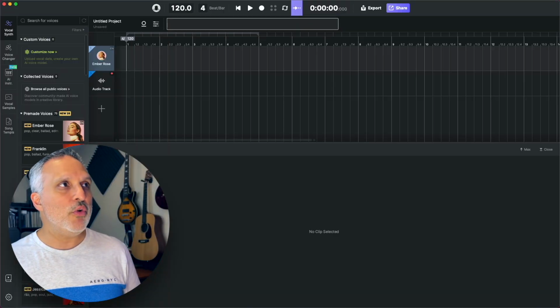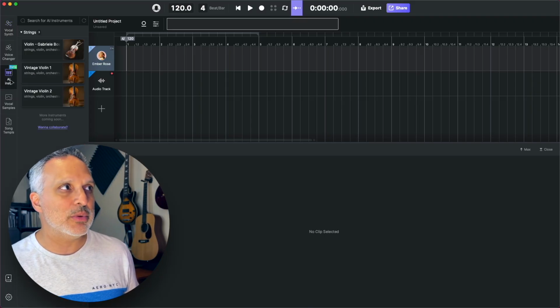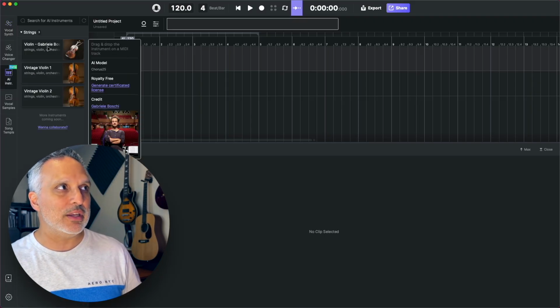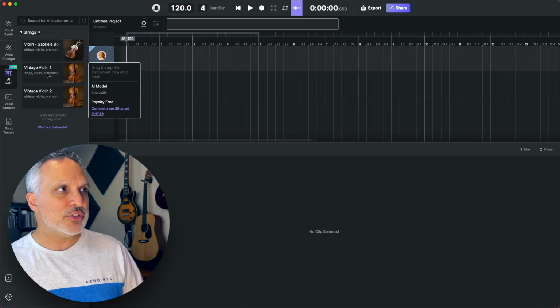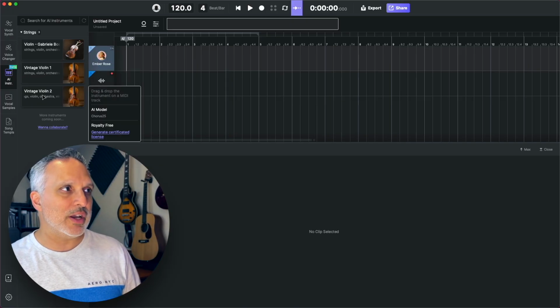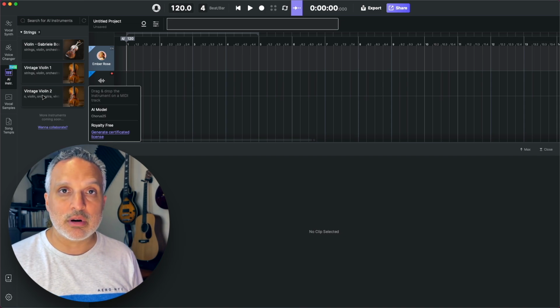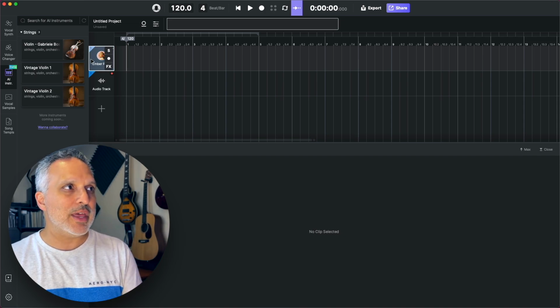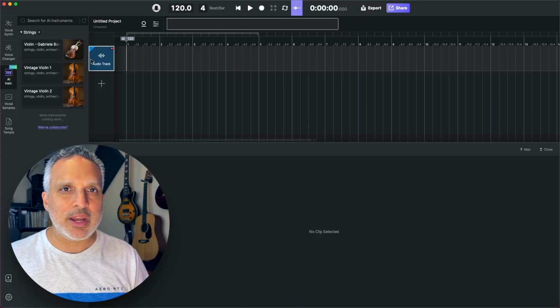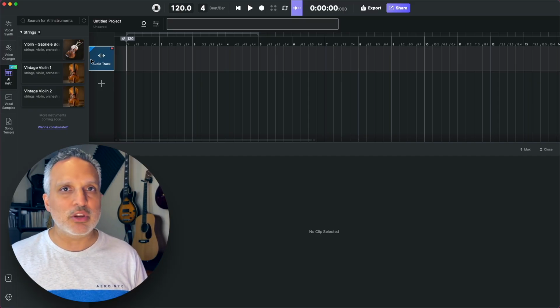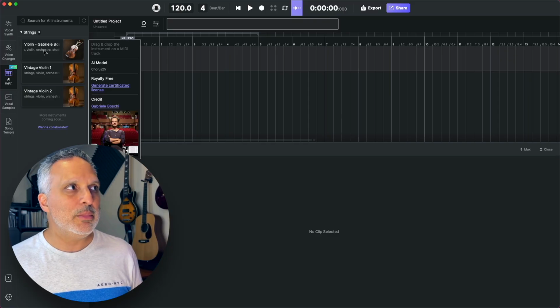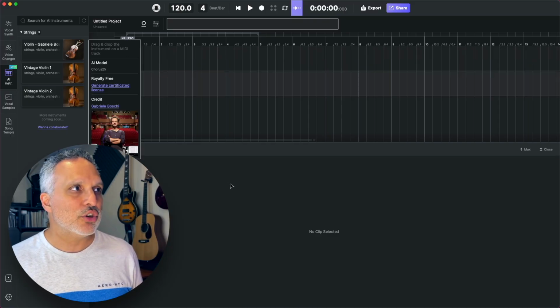Okay, so let me move over to my Ace Studio interface, and I'm going to click on the AI Instruments tab, and there you will see that new violin by Gabriele, and then you'll also see a Vintage Violin 1, Vintage Violin 2. I'll compare those later in this video so we can see what the differences are. So just to get started, let's get rid of that Ember Rose track. That's one of the voices in Ace Studio. I'm not going to be touching the voices today, but I'll probably do that in a separate video because I'm very curious about them.